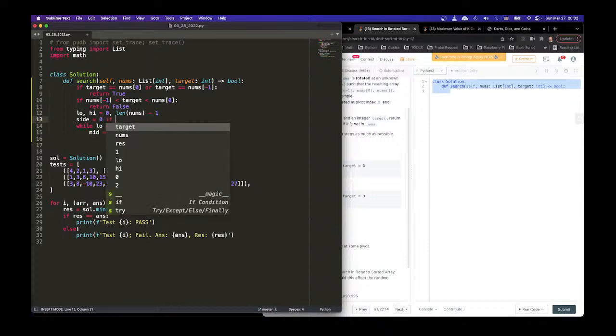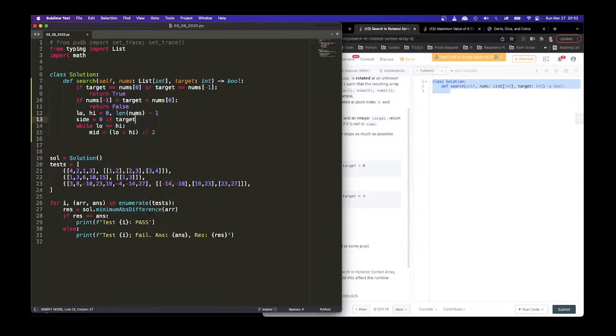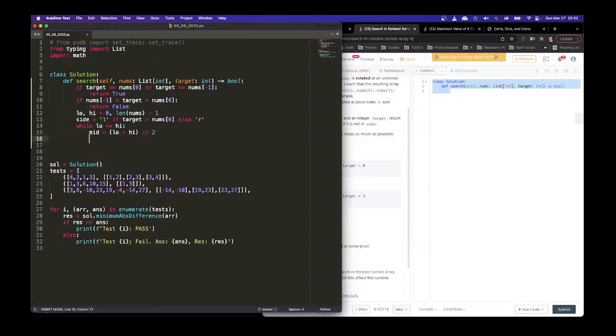So if target is larger than nums 0, that means it's on the left side. Else, it's smaller than this. Smaller than 0 must be smaller than nums 1, so it would also be 1. Let's just do left and right. So be on the left hand side, so be on the right hand side, right? So we have the side, and then